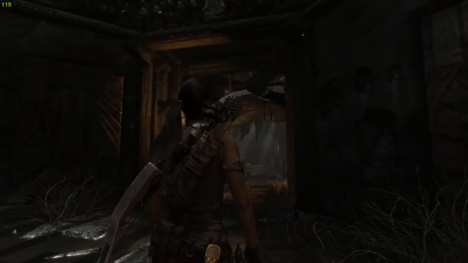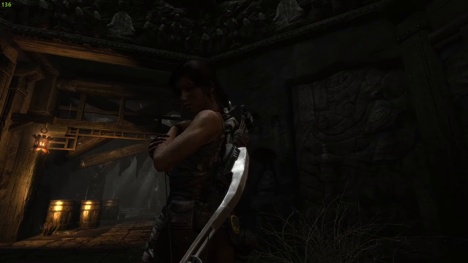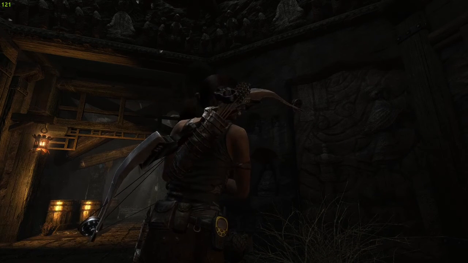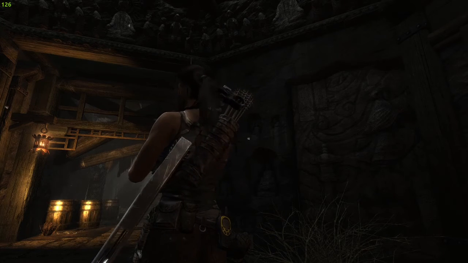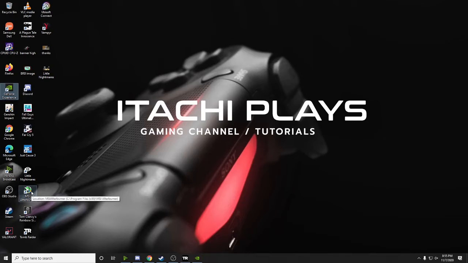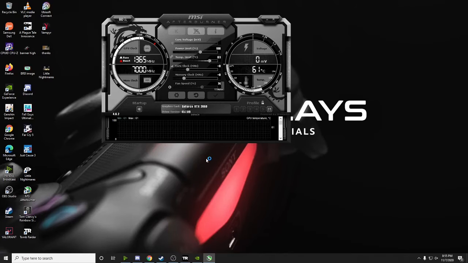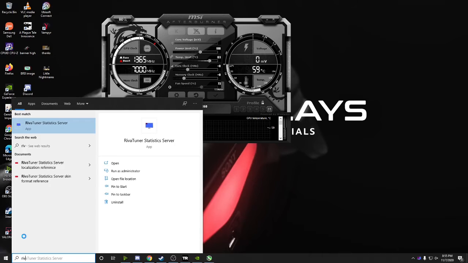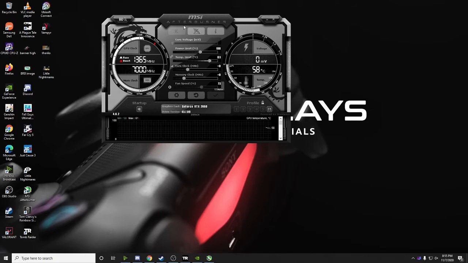Okay, and some of you might ask, I don't have this option, so what should I do? Are there any third-party options available, and how do I enable it? Yes, you can, and let me show you how. You need to download MSI Afterburner, the one which I'm going to open right now. I will provide you the links in the description. Along with this, you have to download RivaTuner Statistics Server, this one. This is where you can overclock your CPU, and that's going to be a different topic, and I will explain it in a different video.